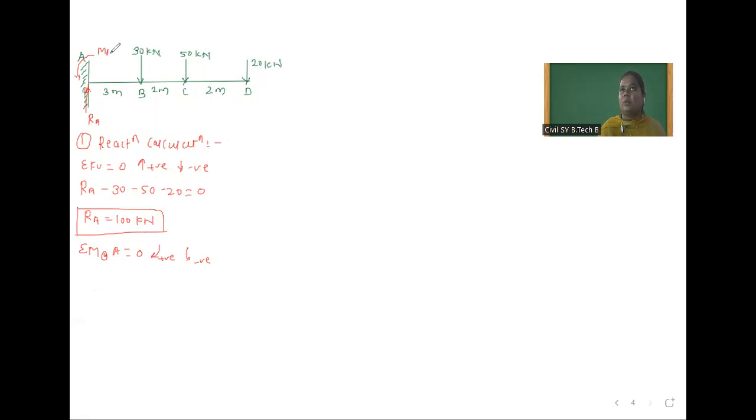This 20 creates clockwise movement, so 20 into perpendicular distance 7 meters. After that, 50 creates clockwise movement, perpendicular distance is 5 meters. After that, 30 creates clockwise, so 30 into perpendicular distance 3, minus MA, equal to 0. So MA equals